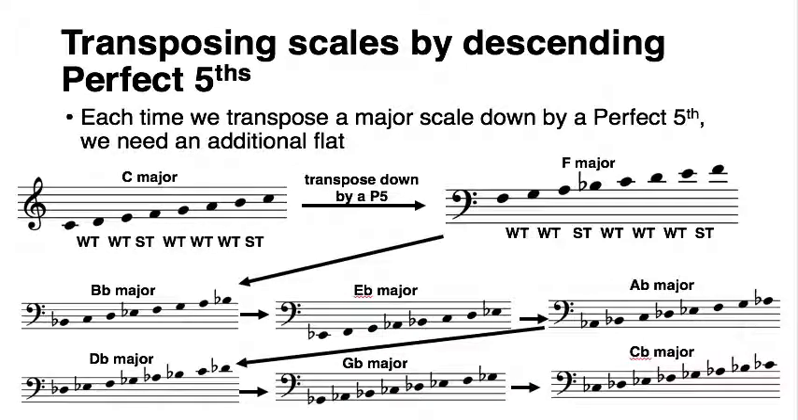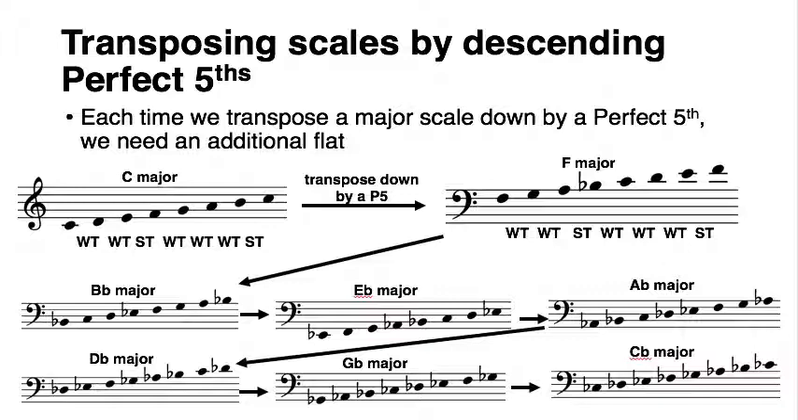So far we've only transposed the major scale by ascending perfect fifths, but we can do the reverse. We can transpose the major scale by descending perfect fifths. The exact same pattern applies with just one difference. The additional accidental we'll need is not sharps, but flats, right? So every time we transpose a scale down, starting on C major, by a perfect fifth, we will need an